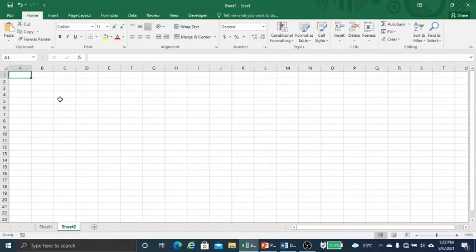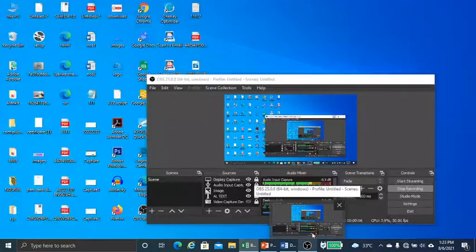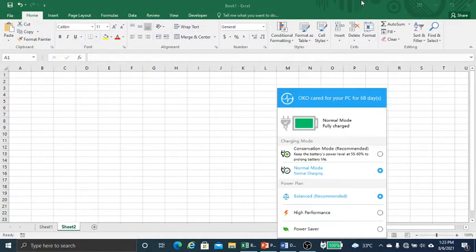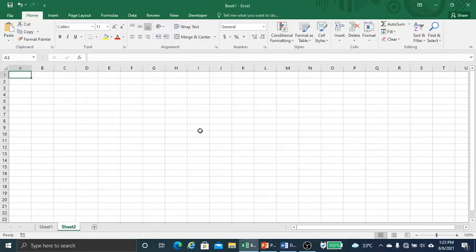So this is an interface of MS Excel. Microsoft Excel is a spreadsheet software, and I'll be giving my presentation on Microsoft Excel. Now this is the basic interface of the Microsoft Excel window. It has certain components. This part is known as the Office button.